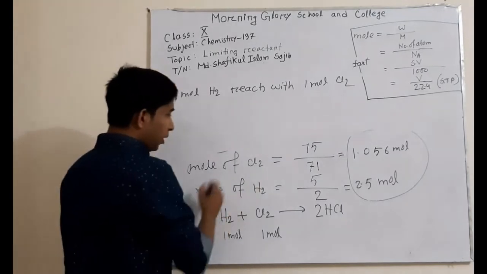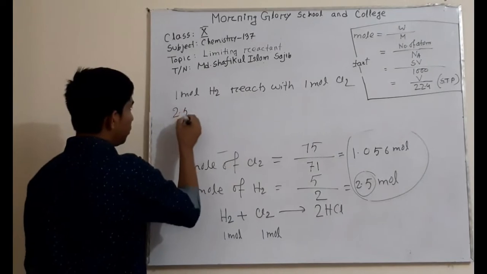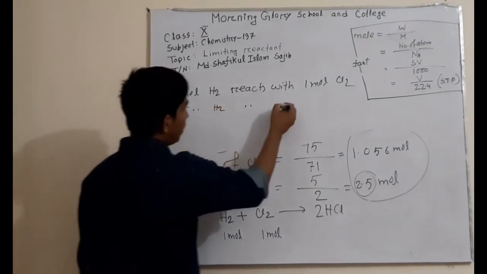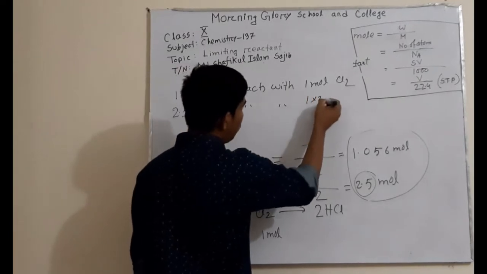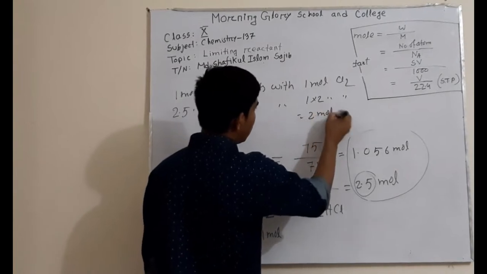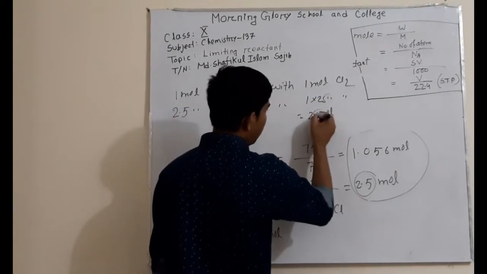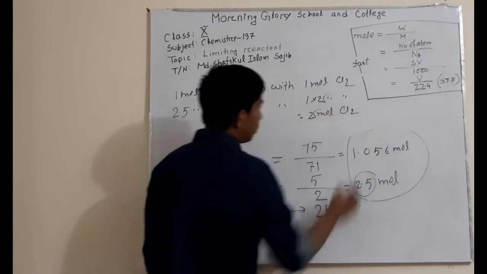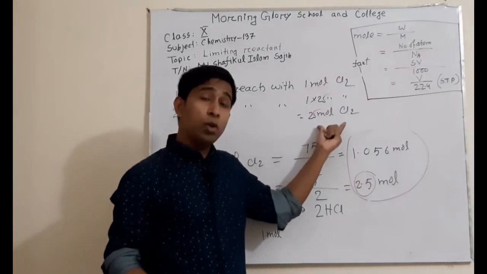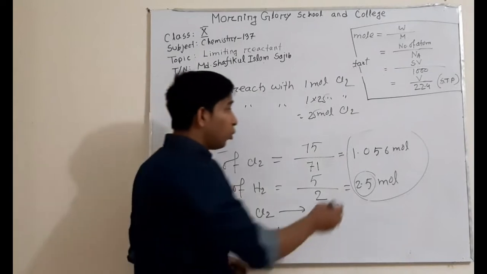So hydrogen provided, we can see our hydrogen provided is 2.5 mole. 2.5 mole hydrogen reacts with 1 into 2.5, that means 2.5 mole chlorine. So we need 2.5 mole chlorine to react with 2.5 mole hydrogen,